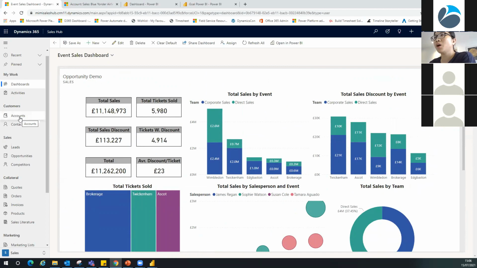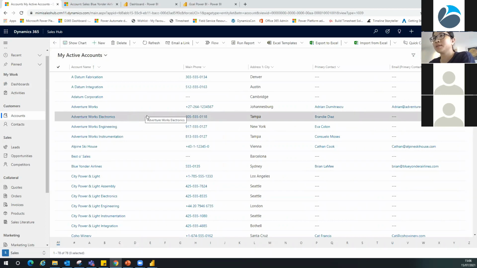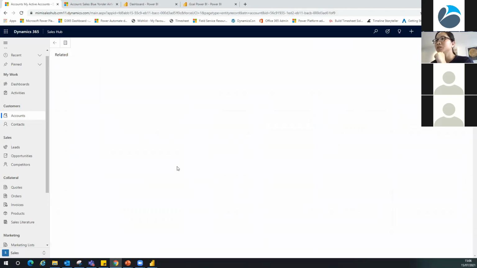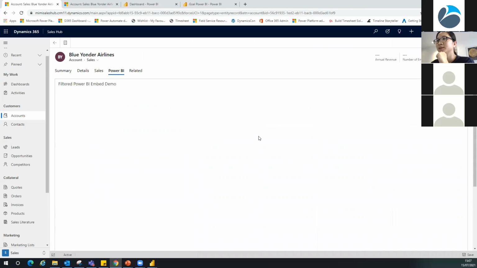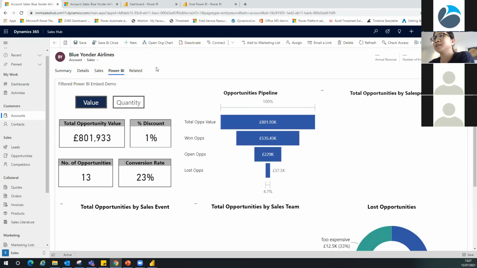And you are also able to embed the Power BI report to a record in Dynamics 365. In this case, I embedded the opportunity report to the account table in Dynamics 365. So you will have a Power BI report here, and it is filtered based on the account, and you will only see the opportunities that belong to this particular account.